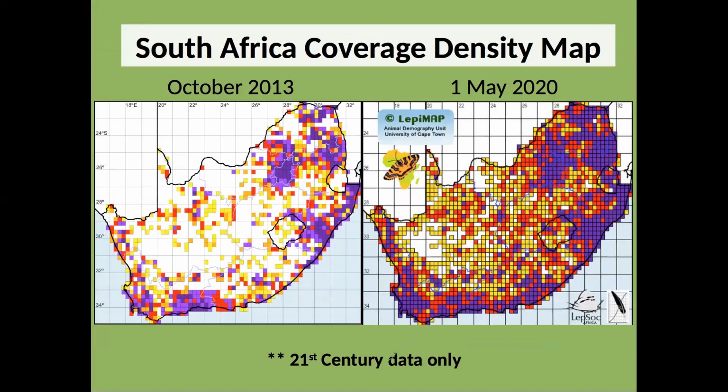Sure, looking at the coverage, by October 2013, the purple squares are obviously where you've got the most records, and where it's white, there are very few records or none. And you can see the main tourist,